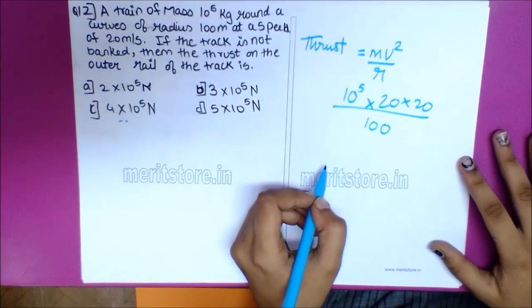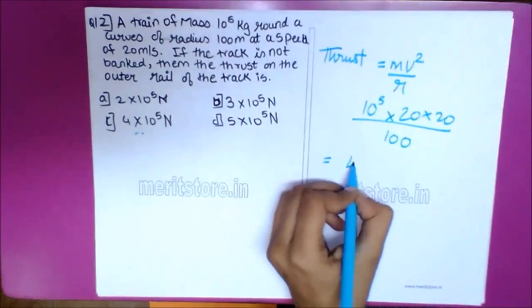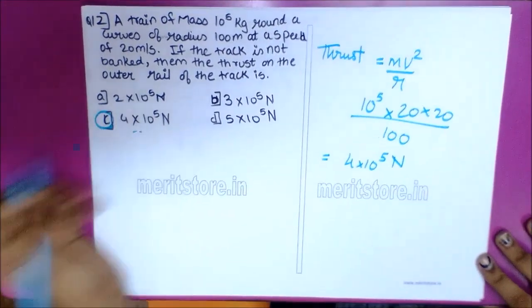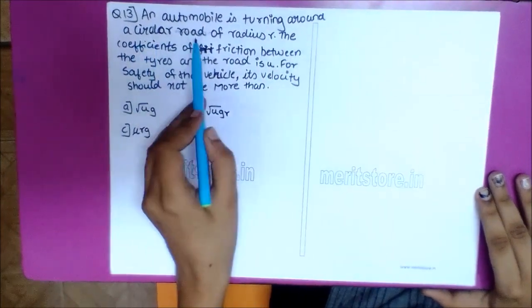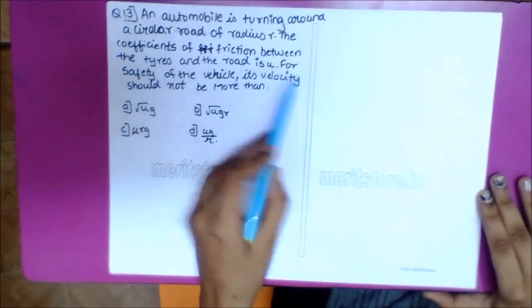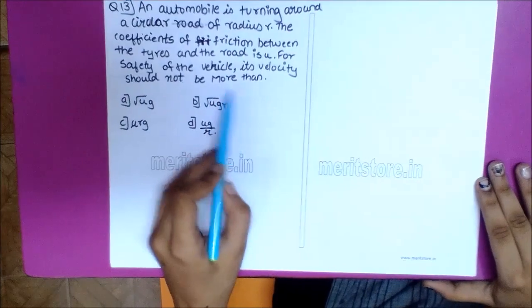So now when we solve this, we get 4 into 10 raised to 5 Newton. Option C is the correct option. Question 13. An automobile is turning around a circular road of radius r. The coefficient of friction between the tires and the road is mu. For the safety of the vehicle, its velocity should be more than